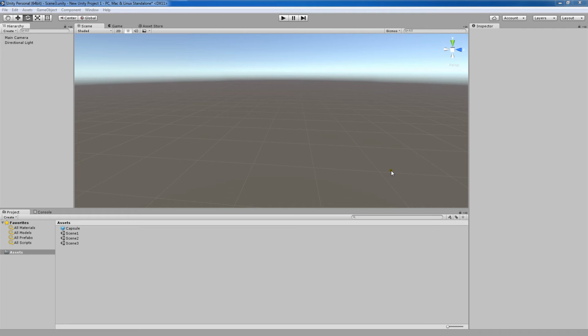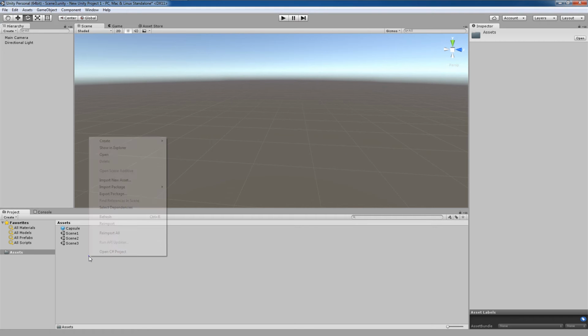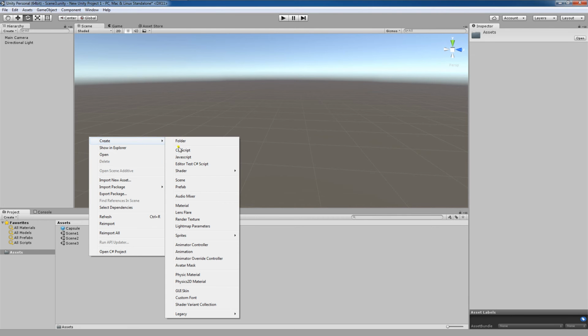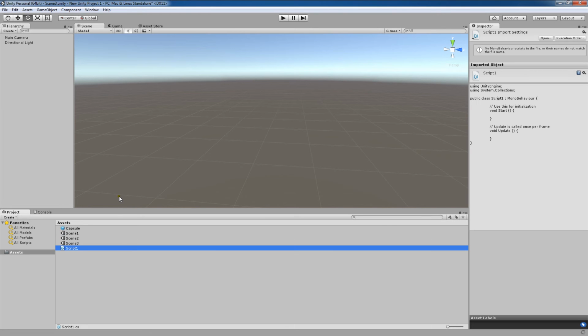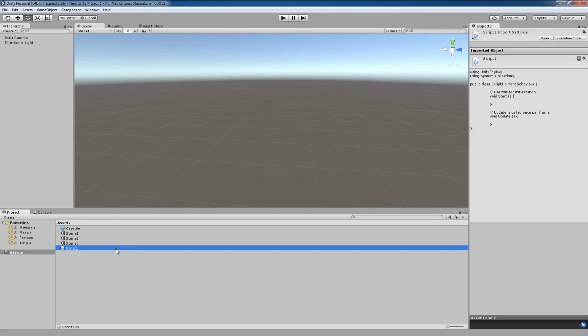To add a script to a game object, well, first let's focus on creating scripts. You can right-click here in your Assets folder, go over Create, and you can choose between C# and JavaScript. So if we click C# script, we'll note that it now says New Behavior Script. We now want to add a name to it. Let's say we want to name it Script1. If I double-click on Script1,